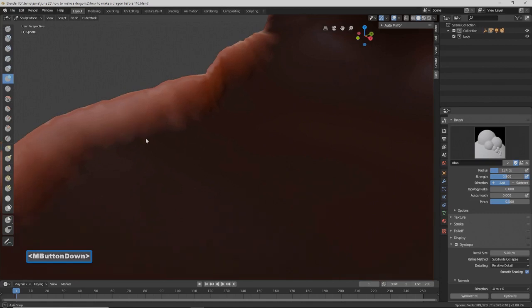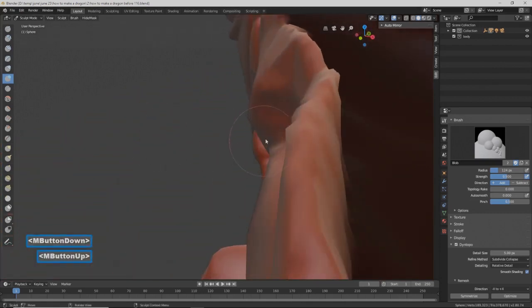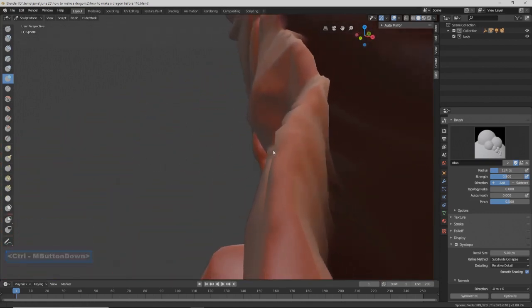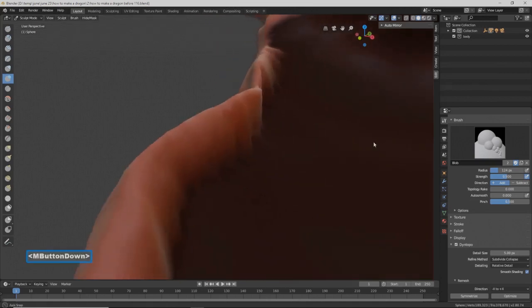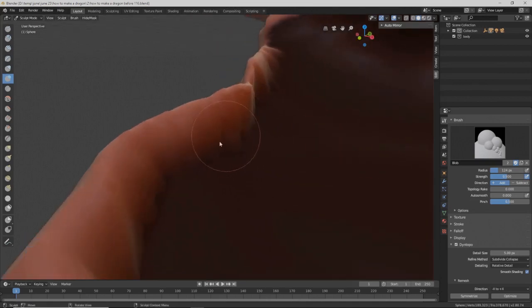However, I'm going to hold the middle mouse button to rotate. I'm going to hold Control as well as the middle mouse button to zoom out. What it's going to do is, as it pushes out on this side where the mask is, it will pull from this side. So basically, a hole will be formed, right? So how do you work to make something like this thicker when you have an area that thin? What you want to do is you want to go to